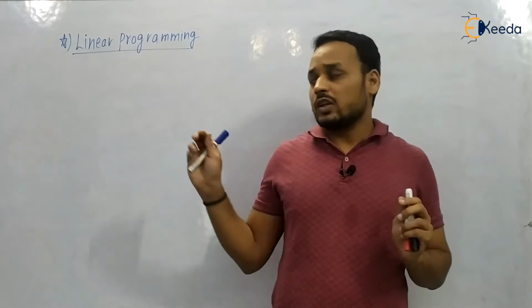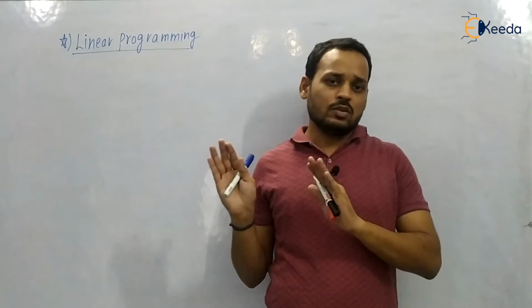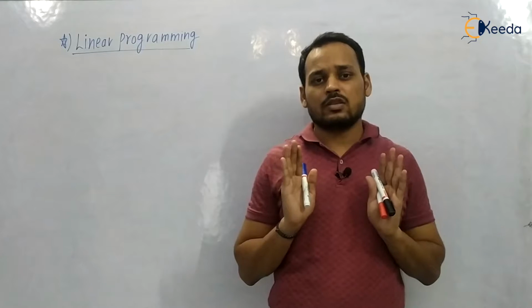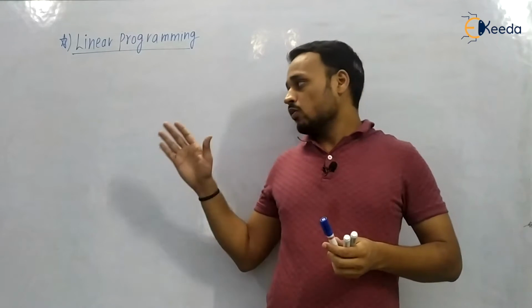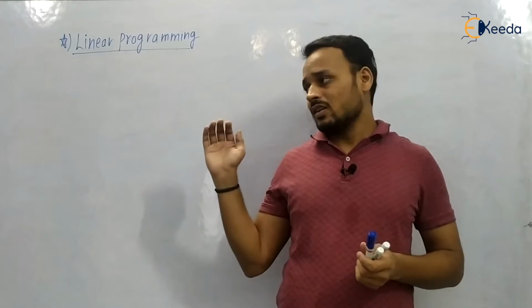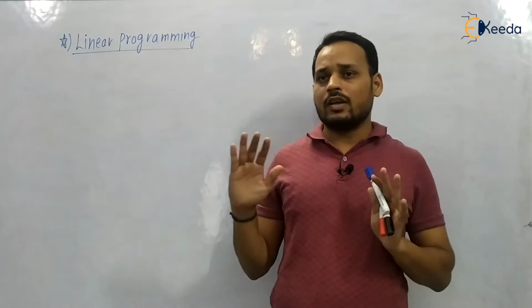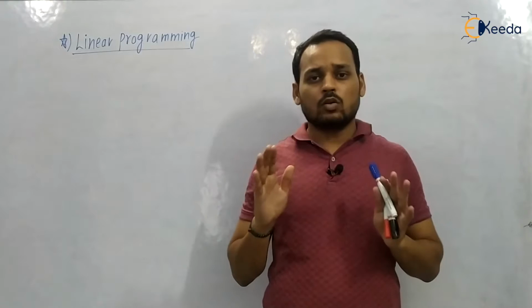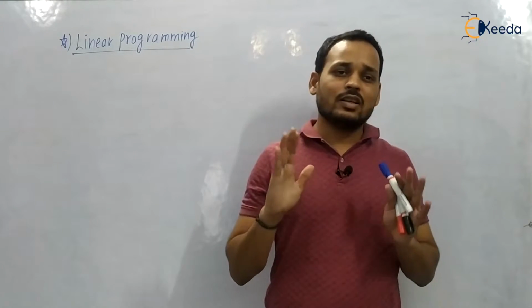Every year, 2 marks are asked from this topic in the GATE examination. If you look at industrial engineering and operation research, 2-mark questions from operation research are asked in GATE. And there are different types of methods. We are not limited to only one method. There are different methods by which we can solve basic linear programming.